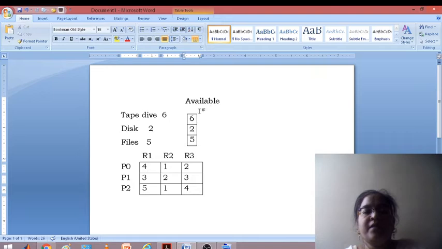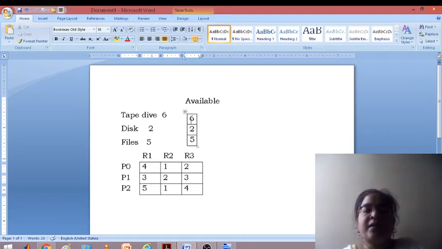Now the Available is saying that resource type R1 has a maximum of k instances available right now with the operating system. Initially, resources have not yet been allocated to any process. Likewise, for resource type R2, you have 2 resources available. Like that, for resource type R3, 5 resources are available.